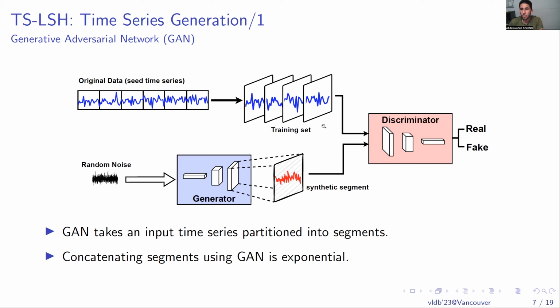Once the training is done, we use the generator to generate a large volume of synthetic segments. In order to generate longer time series data, one option would be to increase the dimensions of the generative adversarial networks. This is, however, prohibitive in time due to the computation overhead resulting from the complexity of the neural networks. What we suggest instead is to use the original data as a reference and to concatenate the synthetic segments.